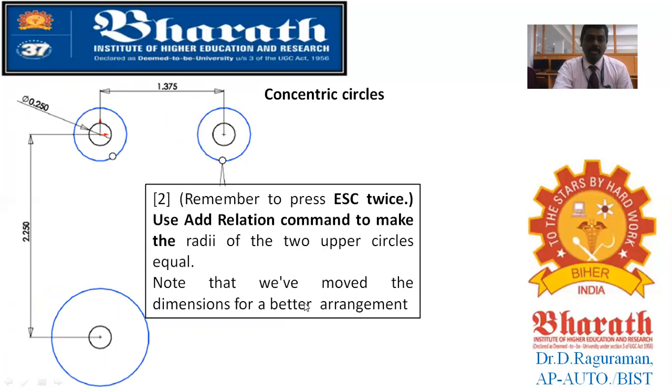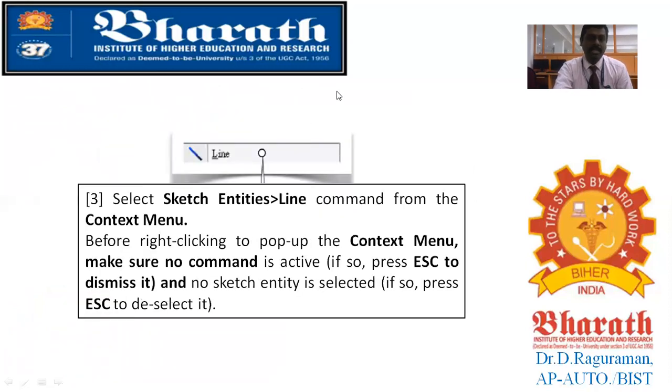So you have to move the dimension for a better arrangement. Now you will know the relation will be concentric, like horizontal and vertical. You are going to make a concentric relation. Using that, you will be completing the concentric circles, just like how you completed the first three circles. Now you need to develop the line. Once the circles are over, you are going to develop the line. After that, you have to complete the solid work. That's how the complete model will be prepared for the component.